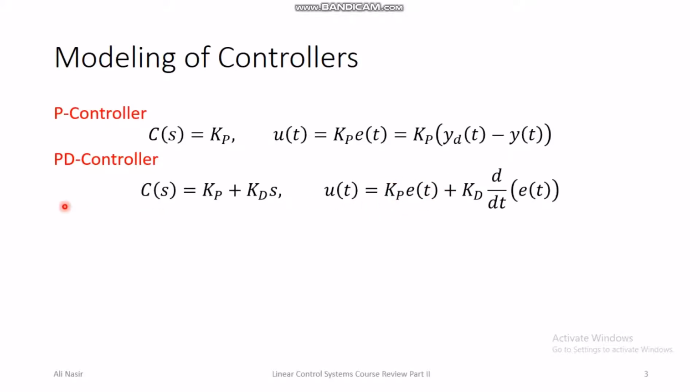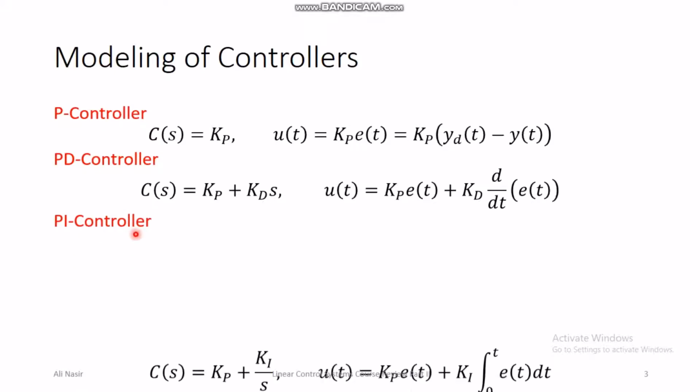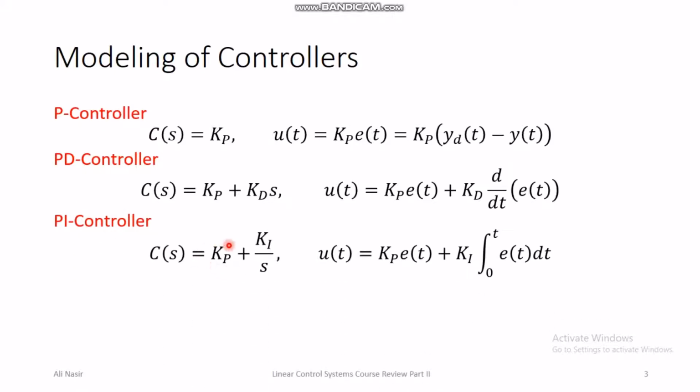Alright, so next is the PI controller, where the transfer function of the controller is Kp plus Ki over s, and here the effect is that one gain is acting on the error and the other gain is acting on the integral value of the error. This PI controller is used to remove the steady state error, because if there is even a small steady state error, its integral will become large enough with the passage of time, so that this gain will act on the system and it will make the steady state error go to zero. You can also prove this mathematically.